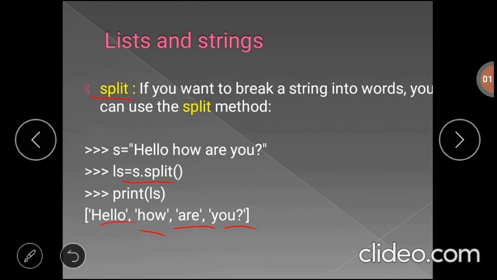When no argument is provided to the split function, it takes white space as the delimiter. Between hello and how we have one white space, so it will consider that white space as the delimiter.